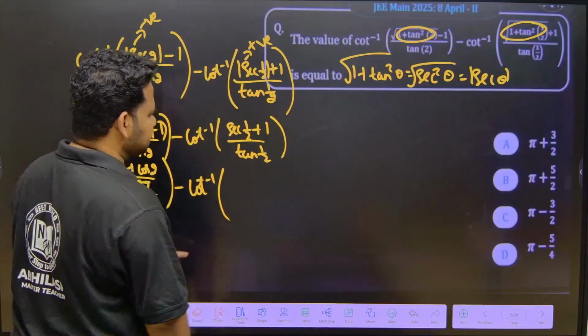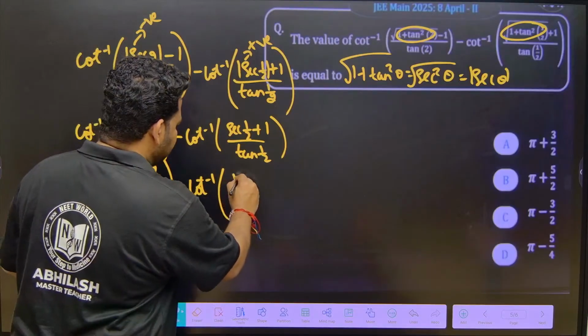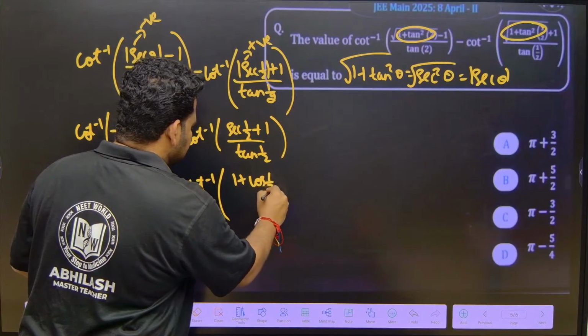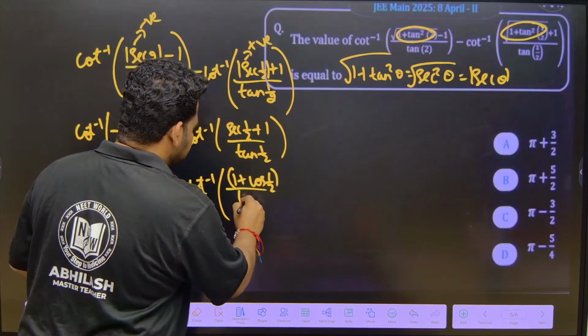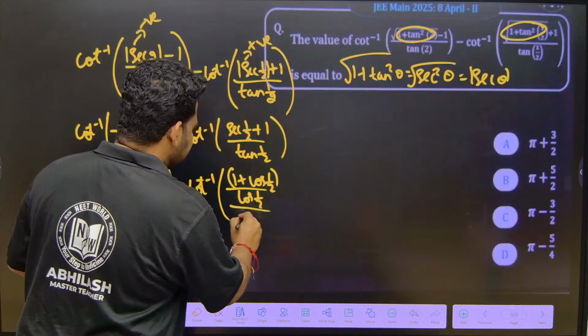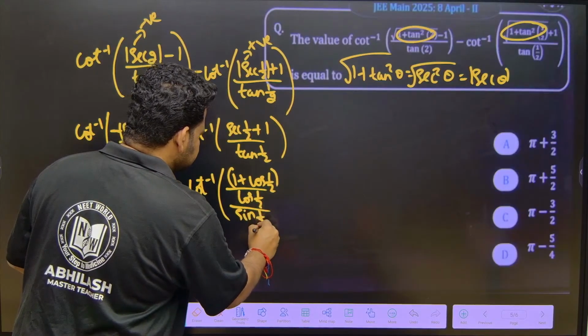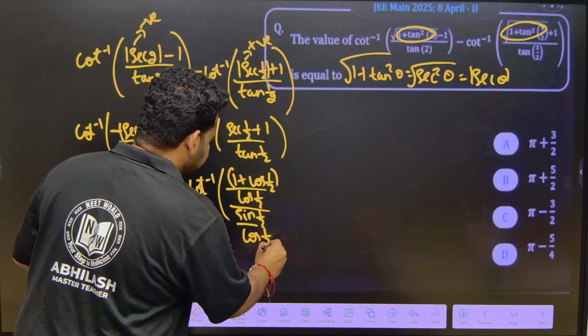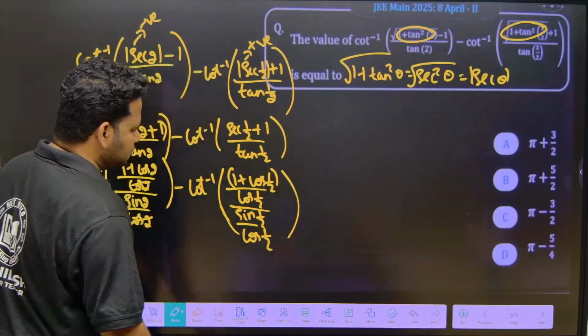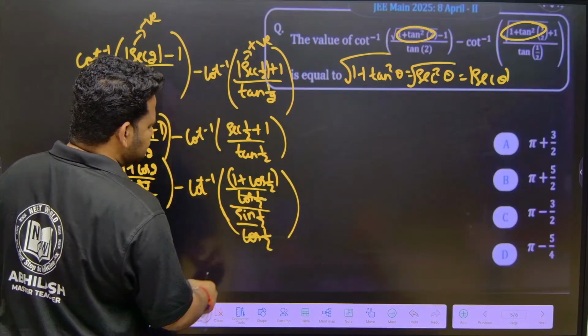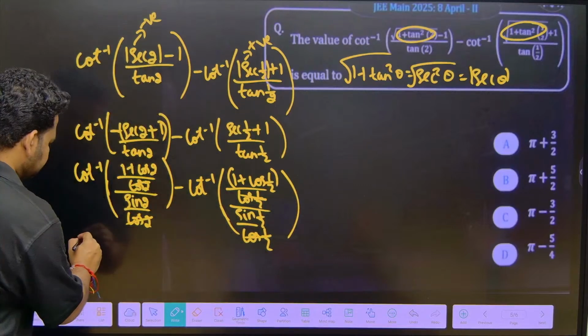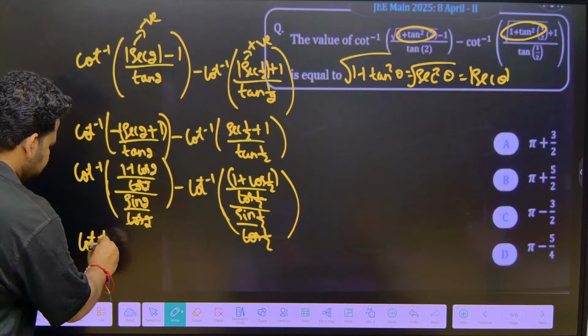secant half. In terms of cos, this will become 1 plus cos half divided by cos half. Tan half I can write in terms of sin and cos as sin half divided by cos half. Now cos half I can cancel. So I will be left with, now let me write the next steps, cot inverse of